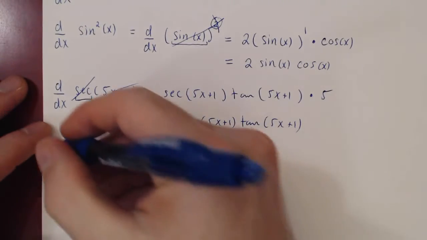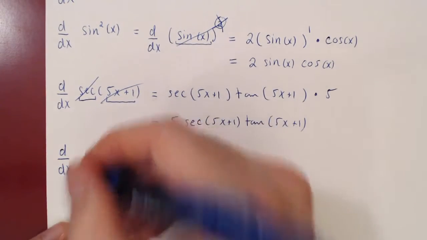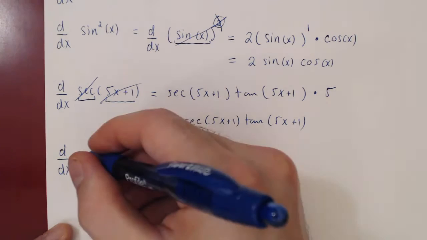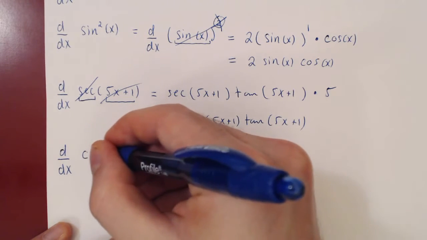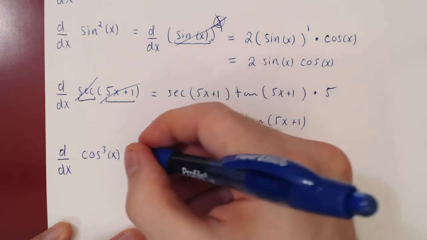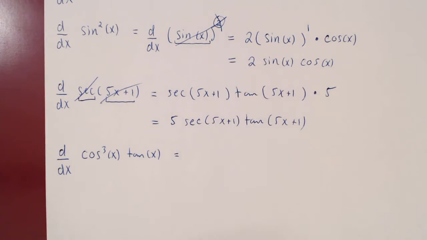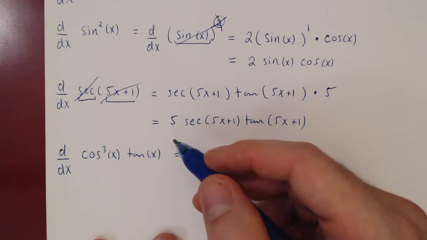So what if I asked you to find the derivative, say, of cosine cubed times tangent of x. Now here, if you think about it, well, you could use the product rule, but if you